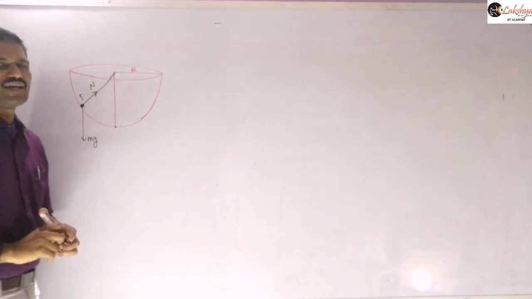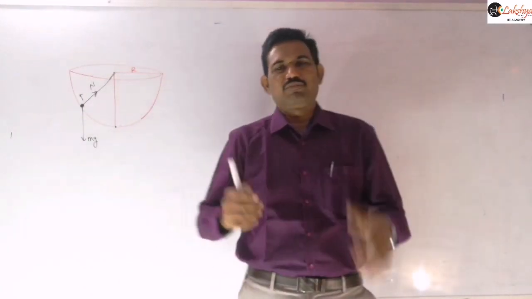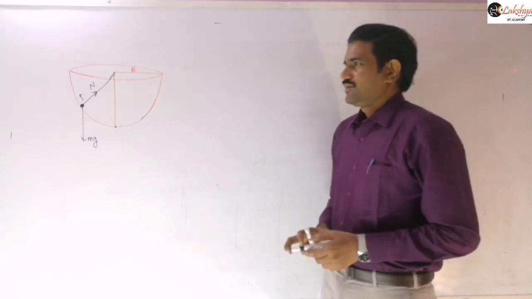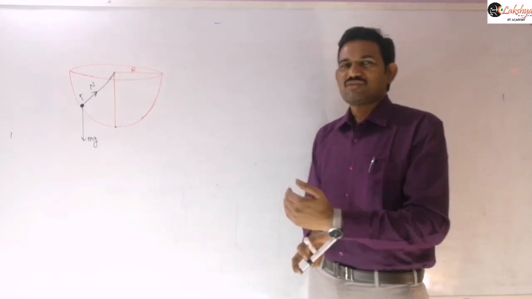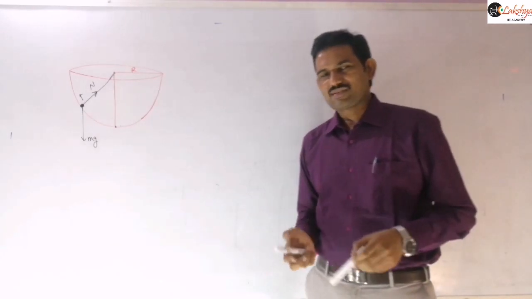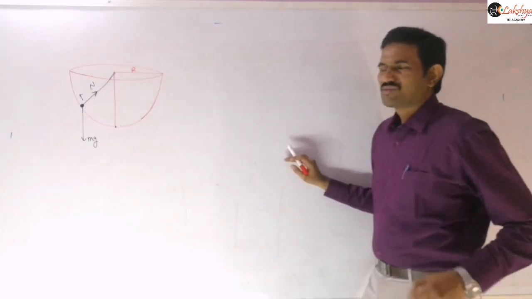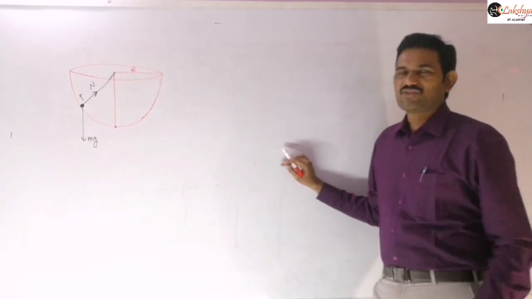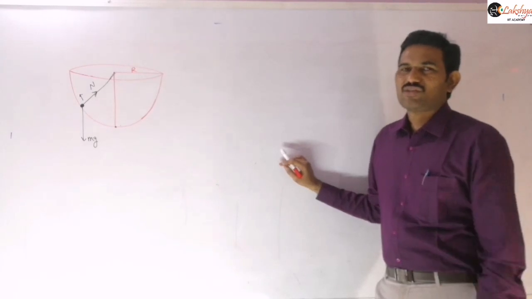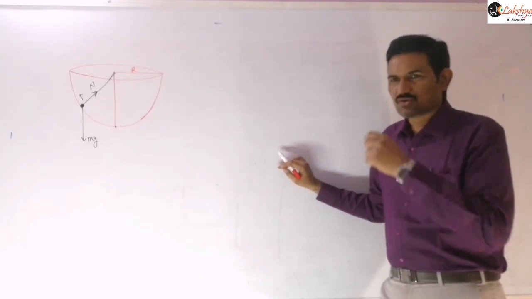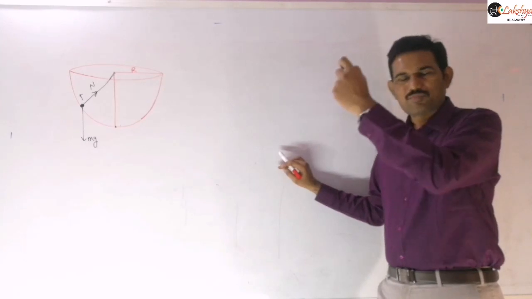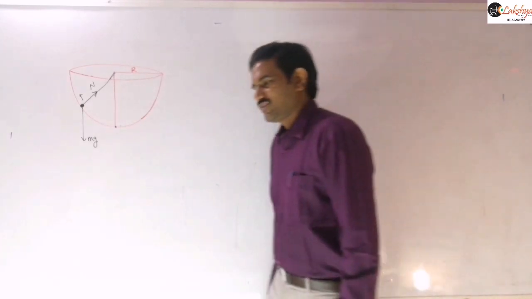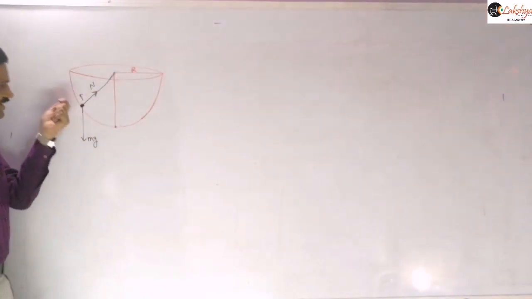Now my question is, what is the direction of the frictional force when it is crawling up? That is the important part, and most of the students make the mistake while deciding the direction of the friction. So, to decide the direction of the friction, as I said, consider the system without friction. If friction is not there, can that insect crawl up the bowl? If it is perfectly smooth, can this insect crawl up this?